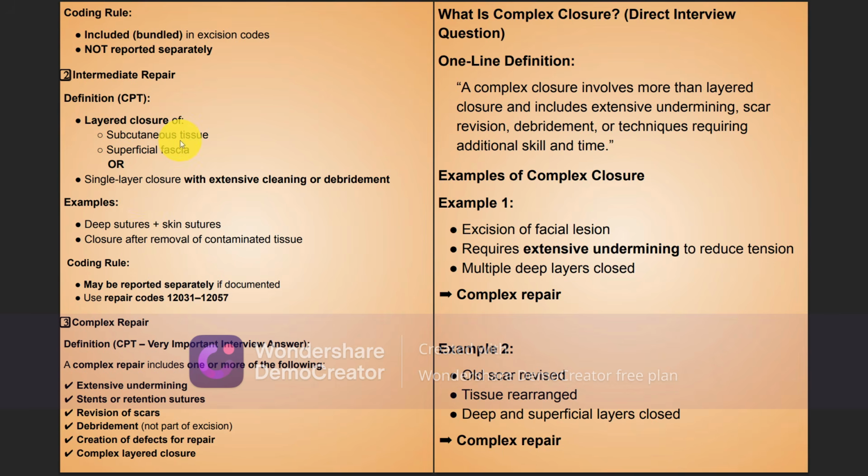Layered closure of the subcutaneous plus superficial single layer with a closure, extensive cleaning and debridement. Example: deep suture, skin sutures, closure after removal of the contaminated tissues. Rule here: may be reported separately if documented. Use repair CPT code